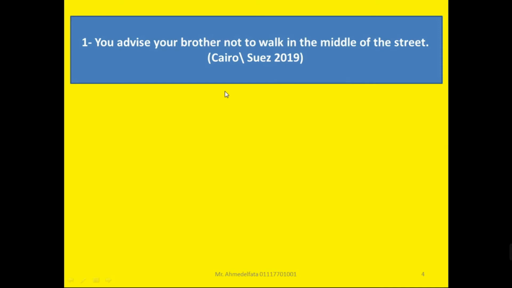طبعا ده سؤال جه في القاهرة وفي السويس في امتحان سنة 2019. نشوف كده الإجابة بتاعته.